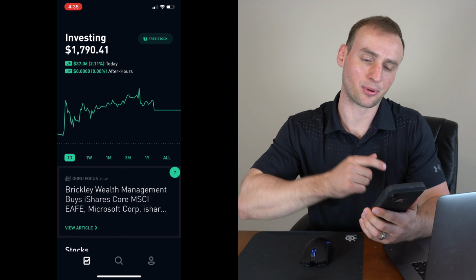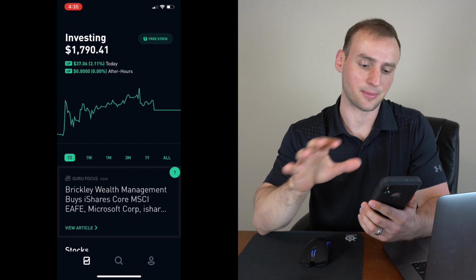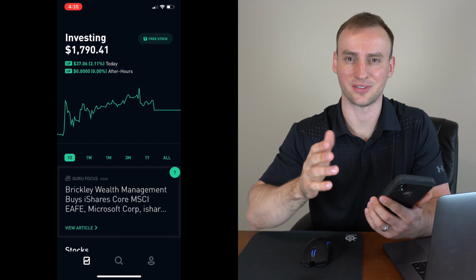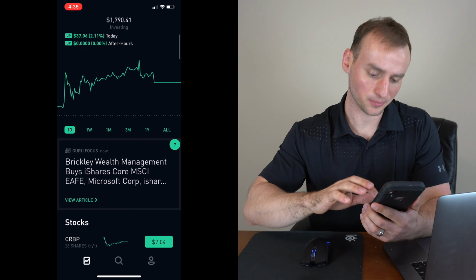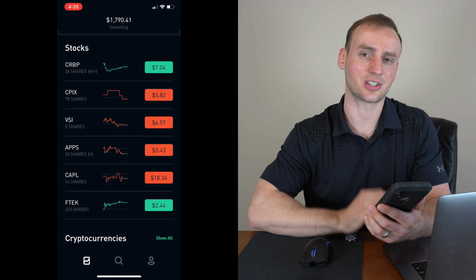All right, guys, so we're here looking at my portfolio on the Robinhood app. And when we come back next week, we'll compare and see how much it's changed from this week to next week. So right now we're starting off with around $17.90 in the portfolio. And first off, I have 6 stocks in the portfolio